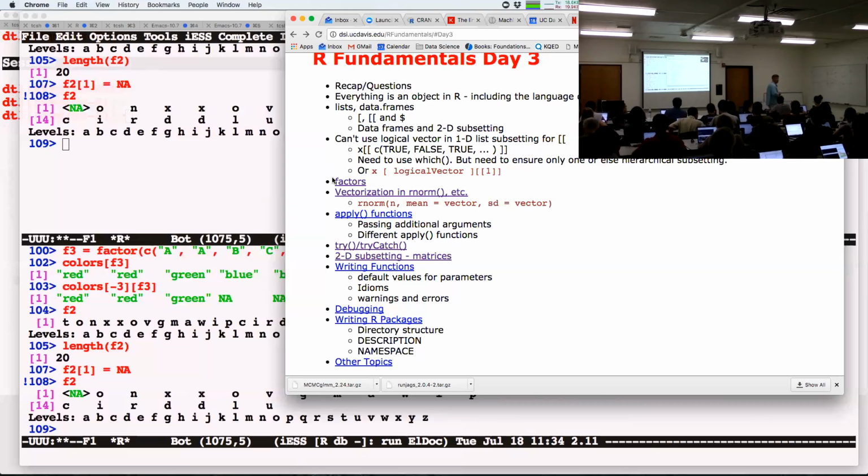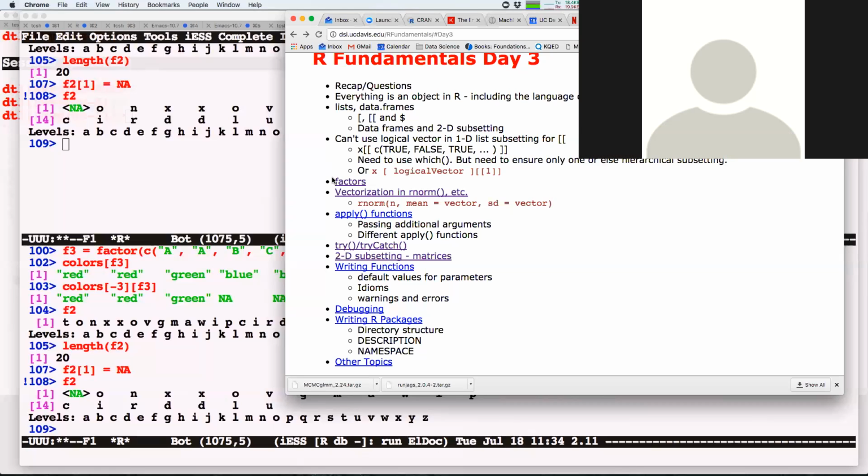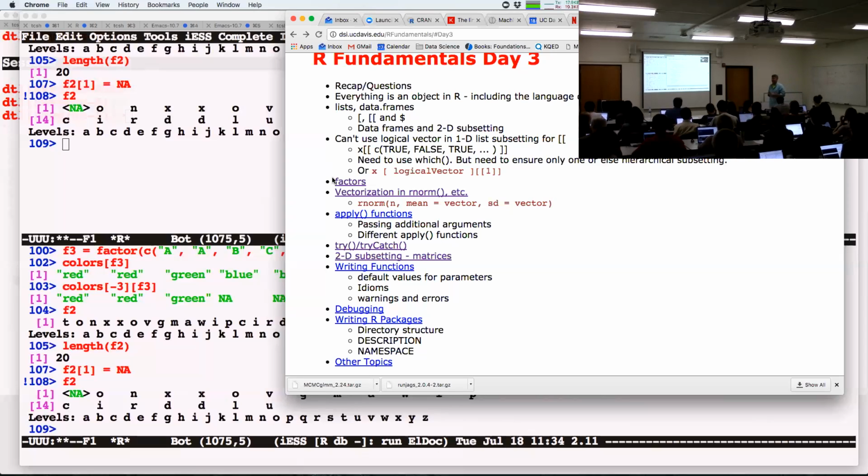Okay? Yep. Do you only use it on a matrix? Yeah, you can use it on a data frame, but then it'll be coerced into a matrix, which is bad news.